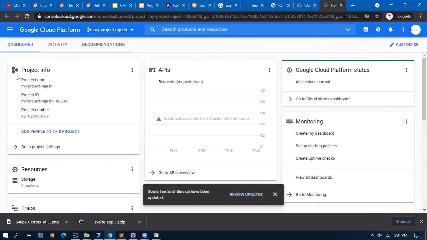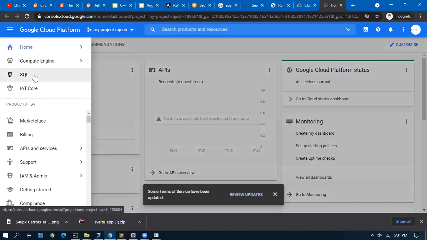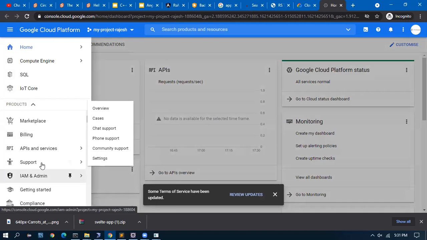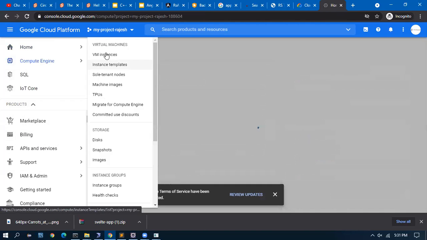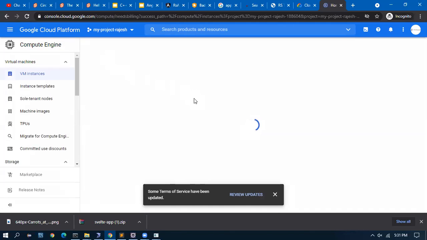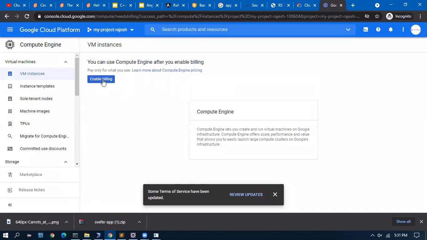Okay, so this is what I purchased. Here you can go to Compute Engine, VMs, and we have to enable billing, which means from my credit card they will start taking it every second. Here you can create a server. If you are a new user, instead of purchasing a server, they give you 12 months free credit. You can use this, create a server, install Apache, push the code. I can show you that.